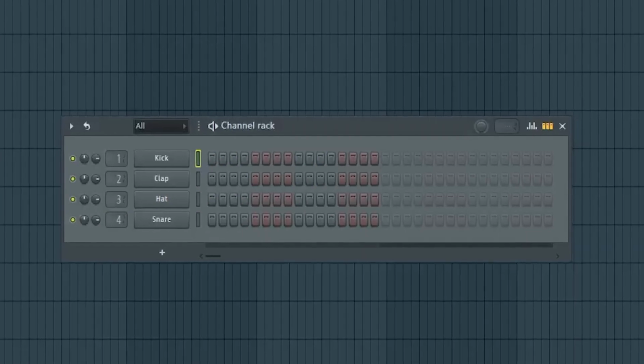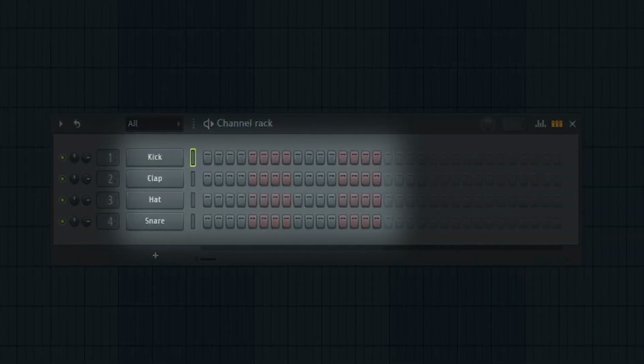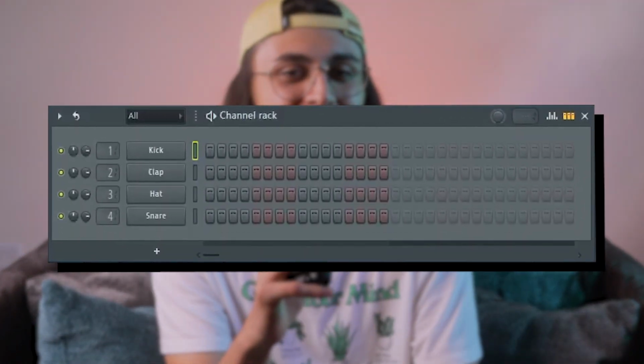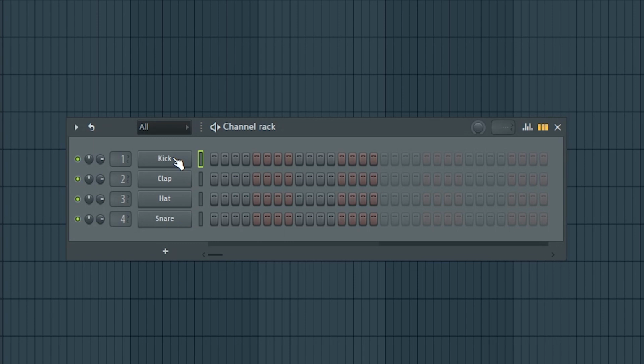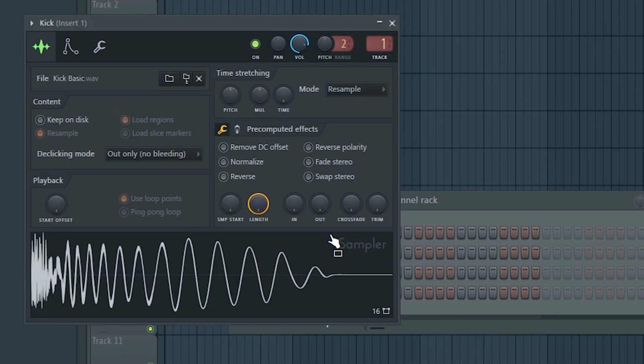FL Studio is kind enough to start us off with a few rows of drum samples in the channel rack, so we'll just use these for now. Each one of these rows is the same, so don't get intimidated. Once you understand how one row works, you'll understand how every row works. If we click on the name, FL Studio Sampler opens up where we can mess around with the sample and